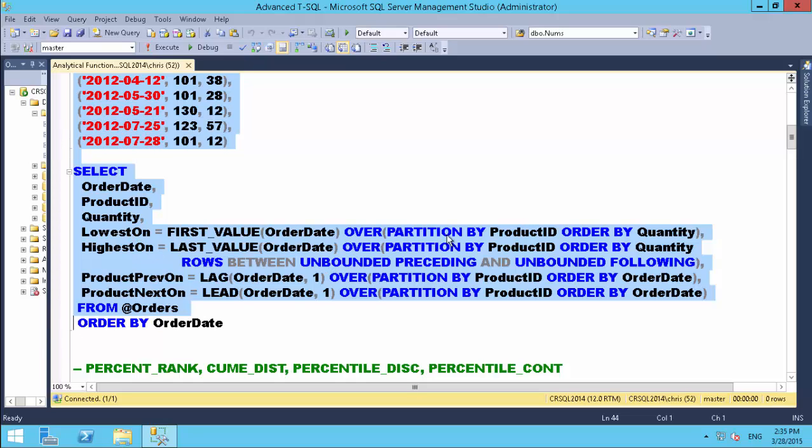I'm partitioning it by the product ID. I'm ordering it by the quantity. And I'm saying rows between unbounded preceding and unbounded following. I'm also using the lag here on the previous order, which I'm calling lag order date 1, and product next on lead order date 1. Here also we are partitioning it by the product ID and the order date,